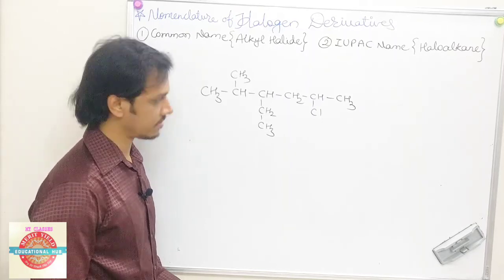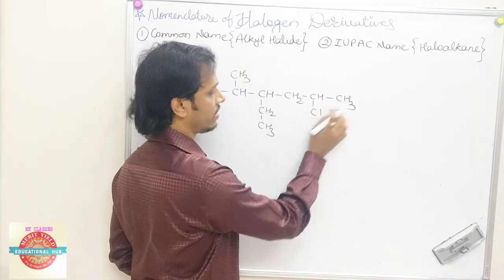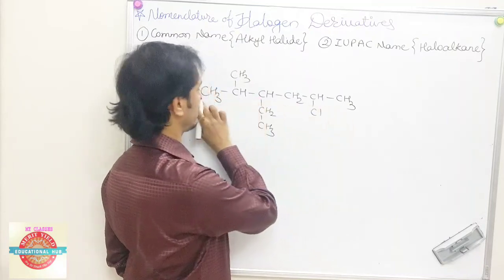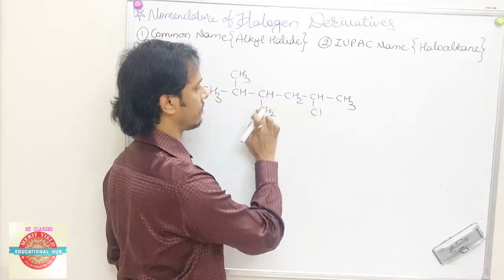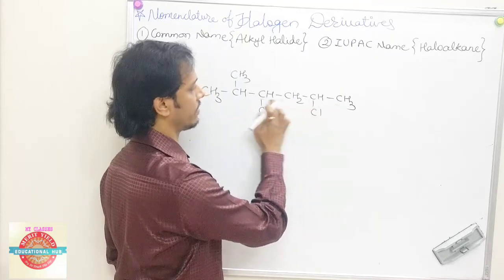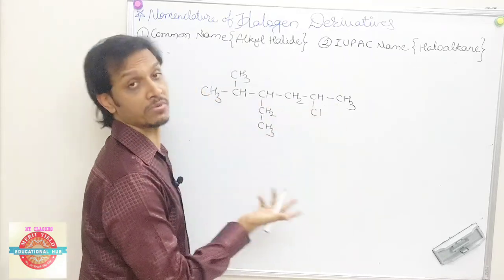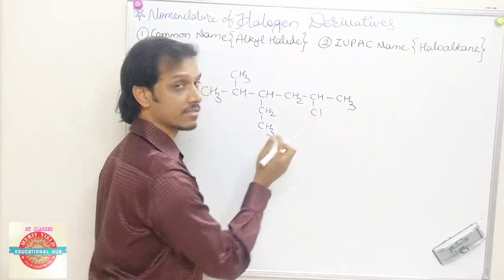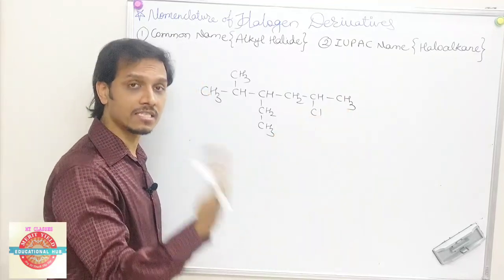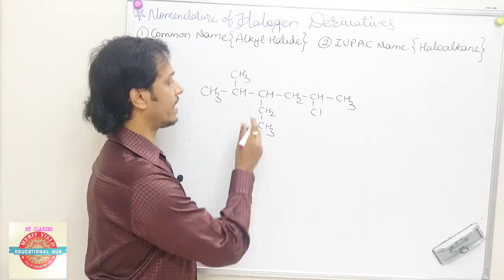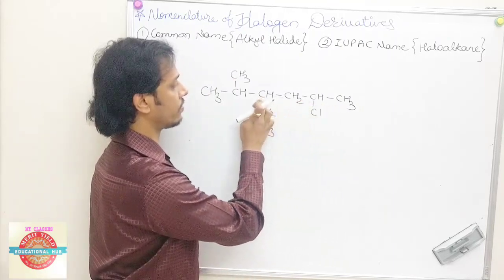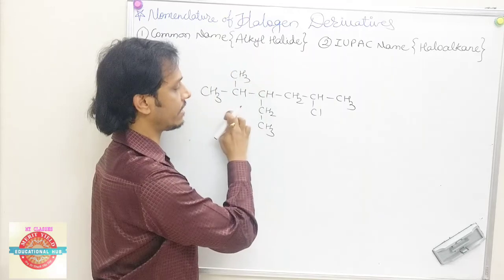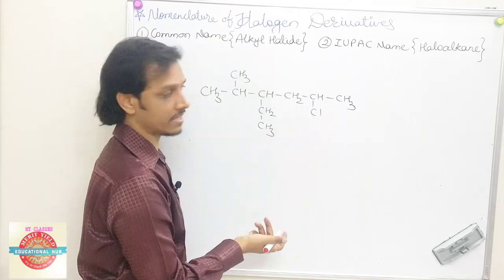So now we'll start. Halogen 1, 2, 3, 4, 5, 6. 1, 2, 3, 4, 5, 6. 1, 2, 3, 4, 5, 6. So I have 3 options here. But what do they say? Having the highest number of branches. So now if I choose 1, 2, 3, 4, 5, 6, then only 1 here and 1 second. These are the 2 branches only.